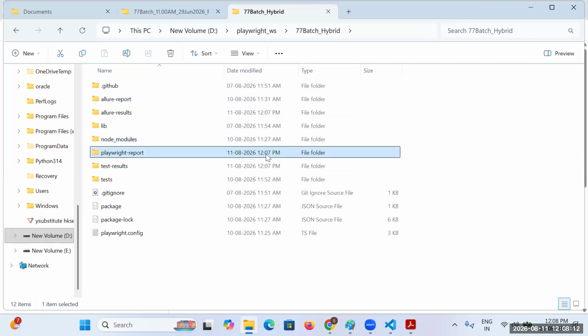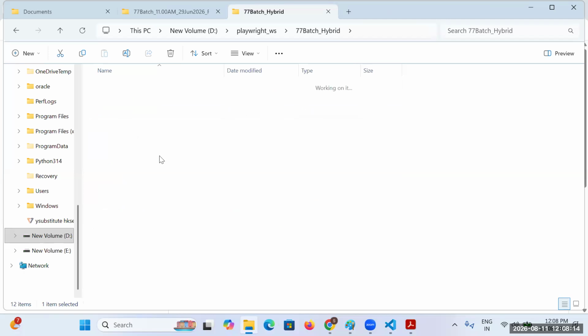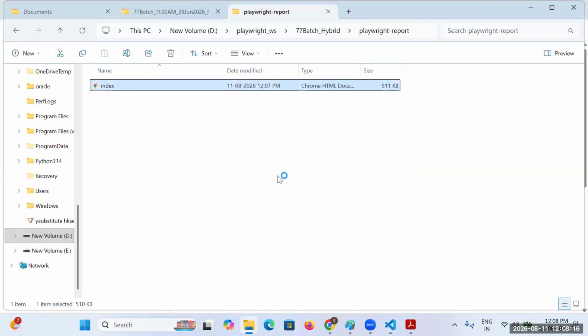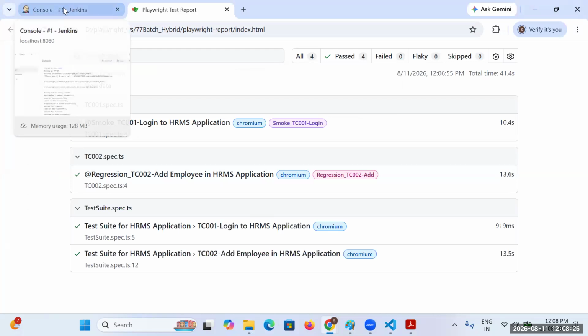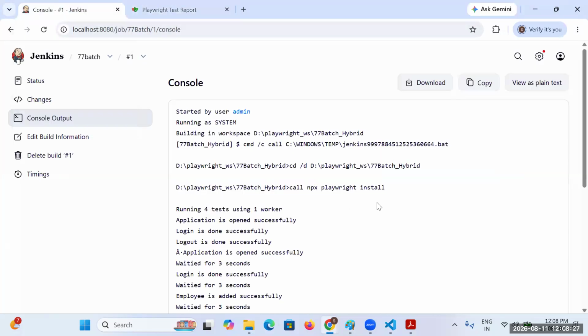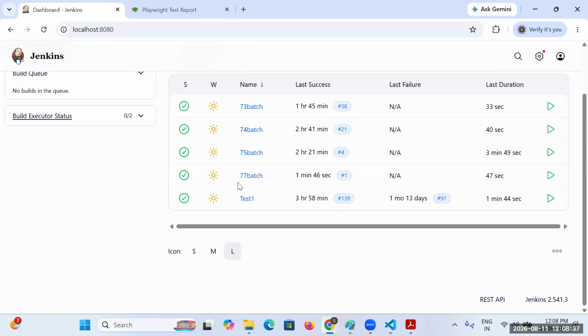You will get the Playwright report with today's date, and you will be able to see it with that particular date. So we got all the HTML reports, and you can access them through Jenkins also. So what exactly is the main advantage? See here.